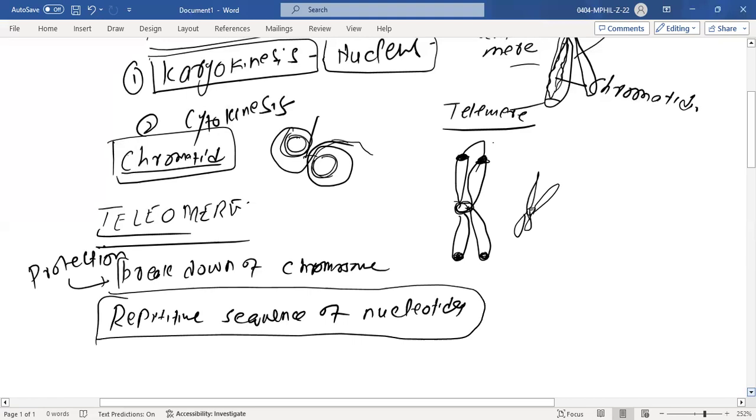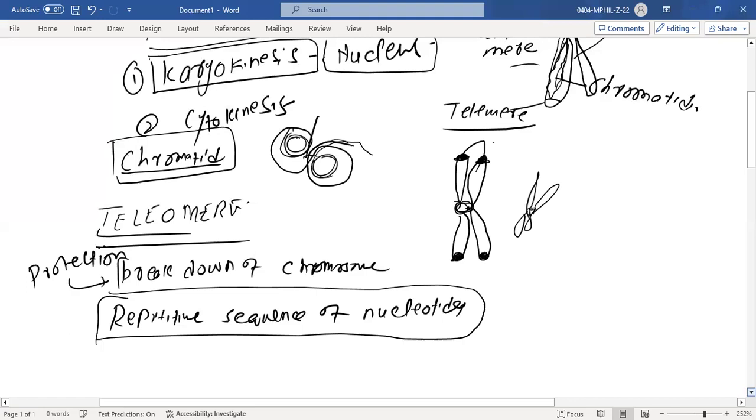Because it is a repetitive sequence, if a few nucleotides are lost from here, it will not affect the overall structure of this chromosome. Because of the condensation of these nucleotides at the tips of these